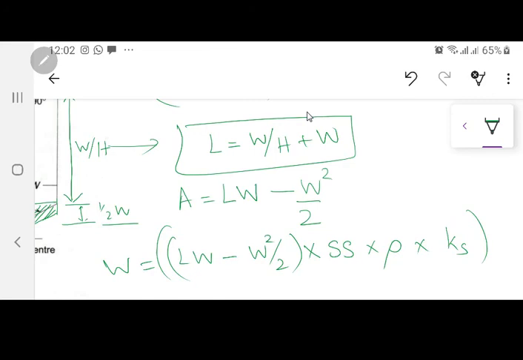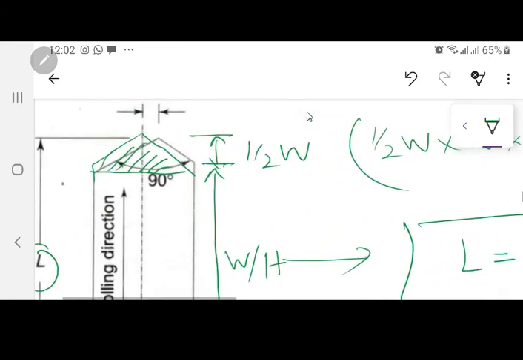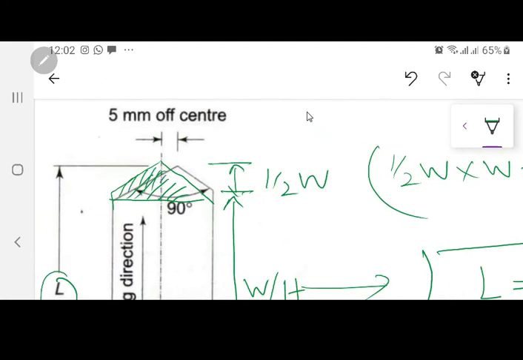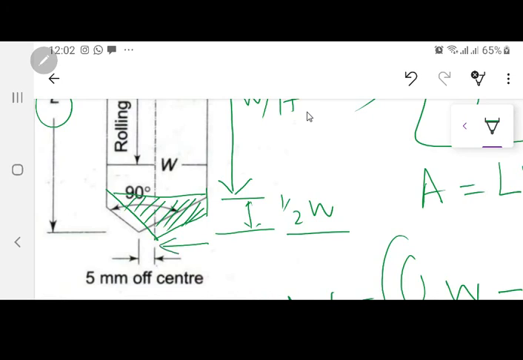Now one question over here which I am leaving with you, I am not going to answer that. If you have seen this one over here, this shaded triangle what I have made over there, the actual diagram shown is a slightly off-centered one. Why? Why is this done? It is off-centered here on this side, and if I go on the bottom side, it is slightly off-centered here. What is the advantage of off-centering it? Try to explore it. Okay? Next class I will ask on this one. But the weight calculation and area calculation, they remain the same because it's just slightly off-centered, nothing is changed as such for the area.